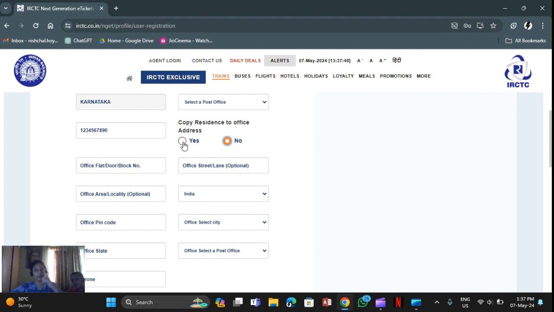If you want only one personal address, not an office address and others, or if you are changing companies and can't keep the permanent address, just click yes.